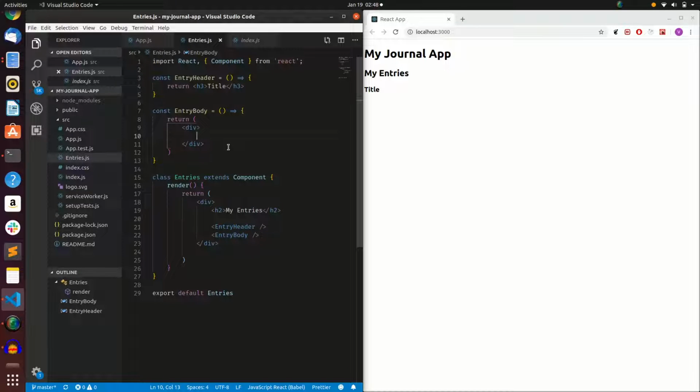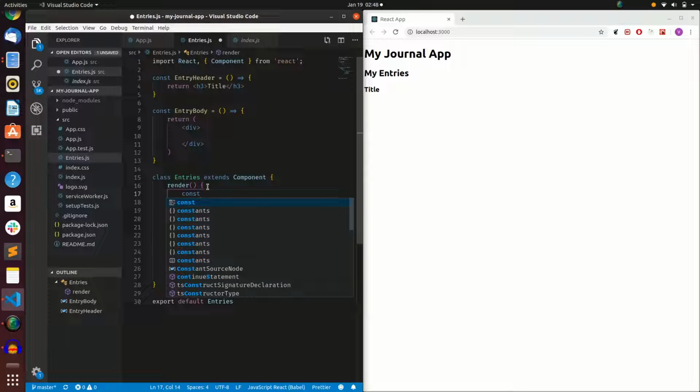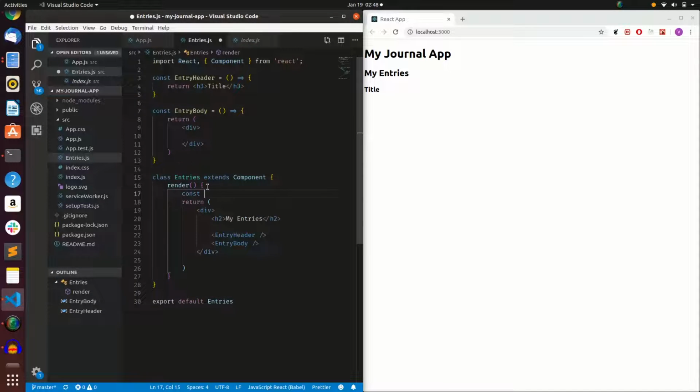Within our render method here, we're going to use ES6 destructuring syntax with our curly braces, and we're going to say entry data, not entry date, entry data, and set that equal to this.props. This is our way of defining the prop. I'm going to save that,